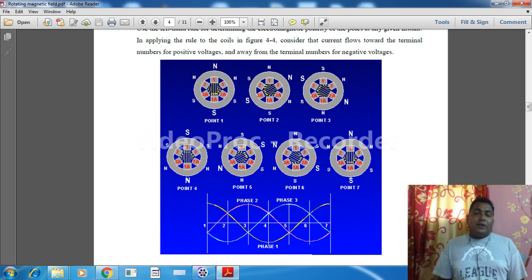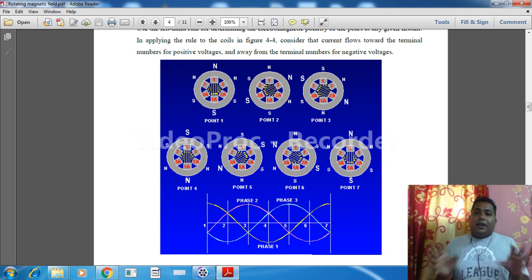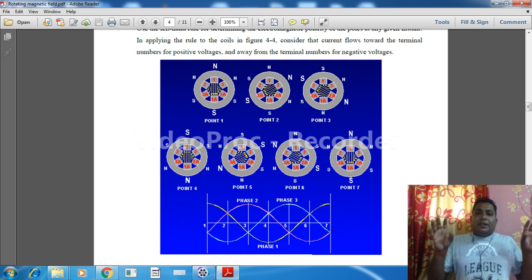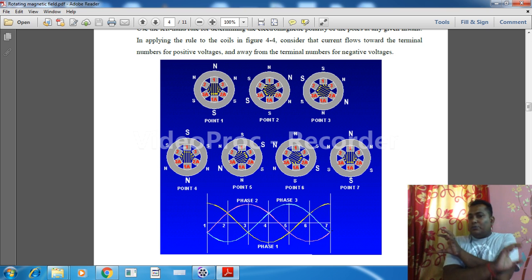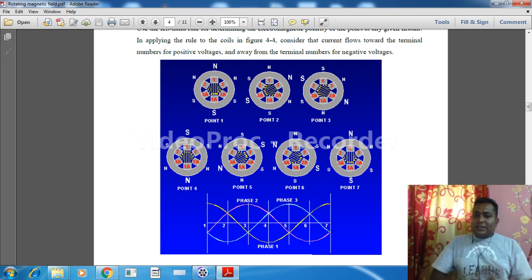At that time, what will happen? North pole will generate over here, and south pole will generate over here. What is the conclusion? The conclusion is, when the current is at the positive half, if there is a north pole here, there is a south pole there, and when it is in the negative half, the reverse will happen. That means the poles will exchange. Here is the north pole, here is the south pole. Like this way, see,